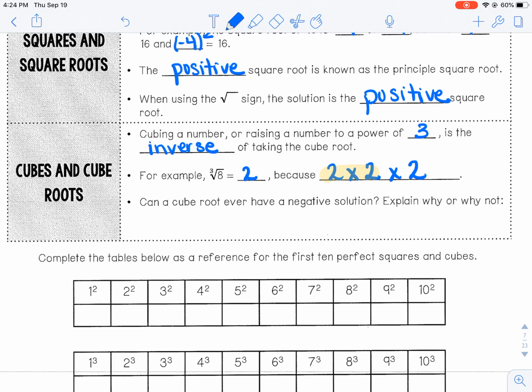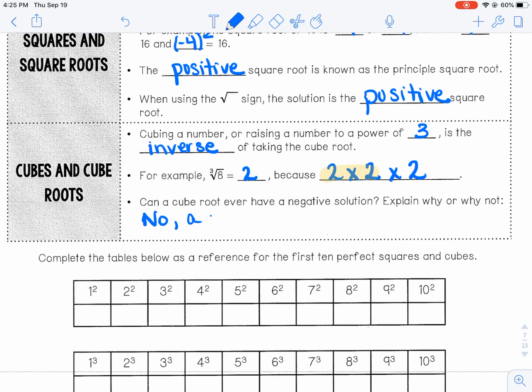So, can a cube root ever have a negative solution? Explain why or why not. So, could I take the cube root of 8 and get a negative 2? That answer is going to be no, because you can never have a positive answer